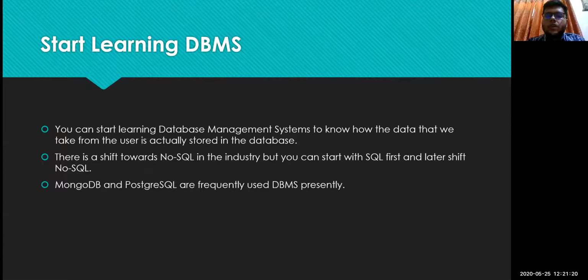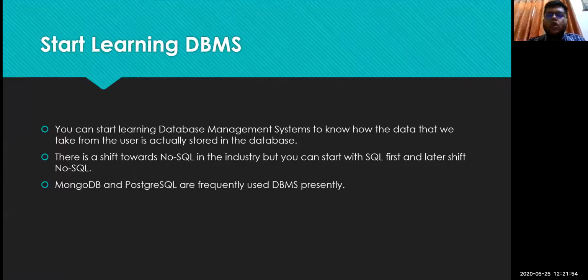In recent times, there has been a shift from SQL to NoSQL in the industry. SQL is structured query language. In SQL, the data that we store in our database is stored in a tabular format, and it is given particular columns, and you have to insert the data into that particular column for a particular row. In NoSQL, you don't have that tabular format.